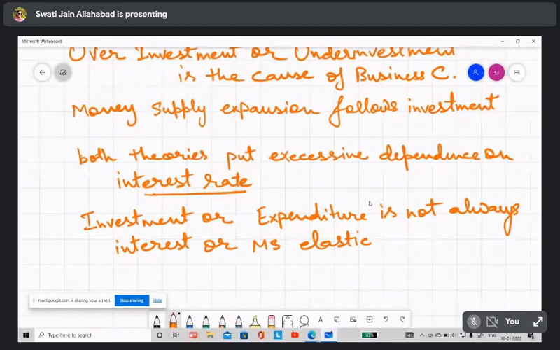Even if the money supply goes up, maybe the expenditure is not increasing because there is no demand in the economy. Maybe there is no expectation in the economy, because positive expectation leads to higher investment. So it is not only that an investment increase will lead to expansion in the business cycle, but there are certain other factors also. Similarly, there can be a criticism that these theories